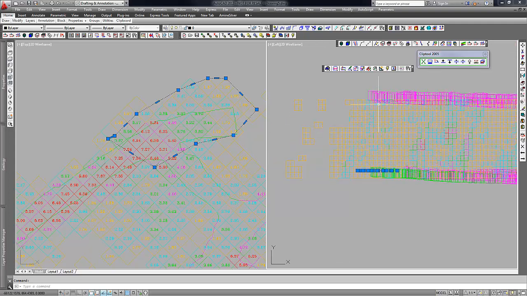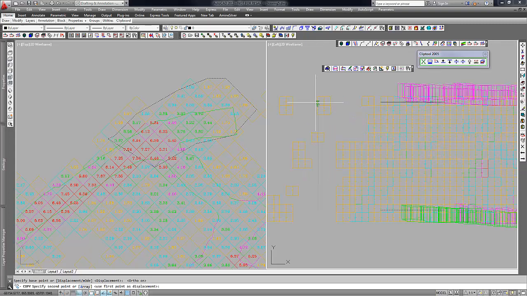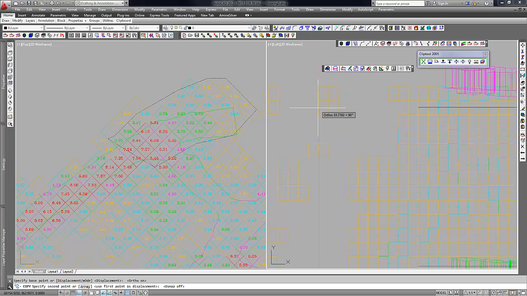and copy it up to this elevation here. I'm just going to physically grab it. I'm going to say copy, put on my ortho, and physically drag it up. I don't want to snap. Right around there. Right. Next, I'm going to set my Z